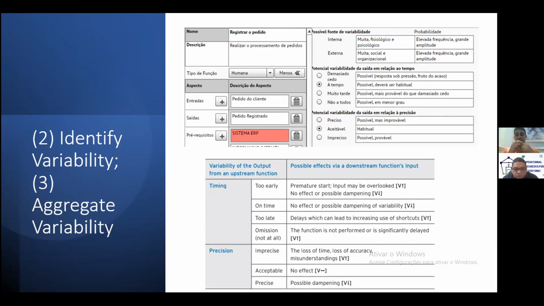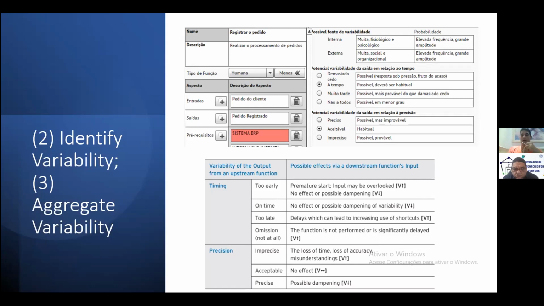For instance, the top image there is in a Portuguese version that I'm doing in my research, so that we can identify the variability according to the type of function. We can use inputs, outputs, and the type of function, whether it's a human function, a system function, or an institutional function.